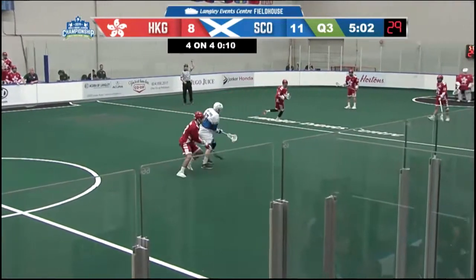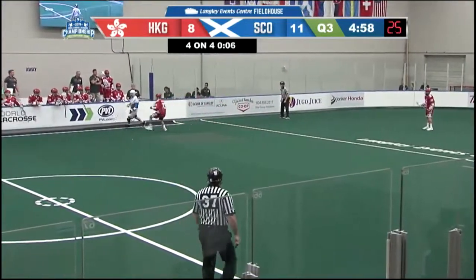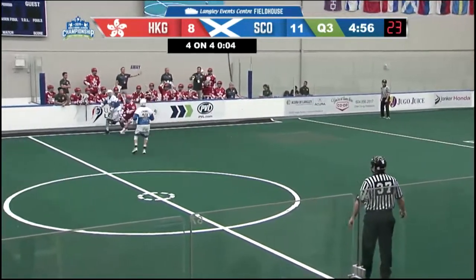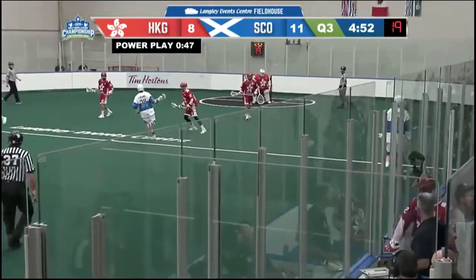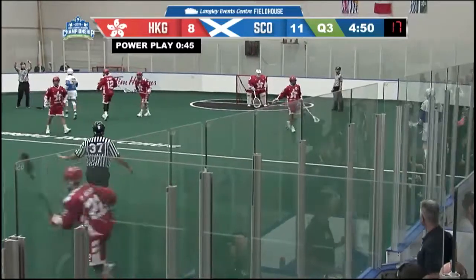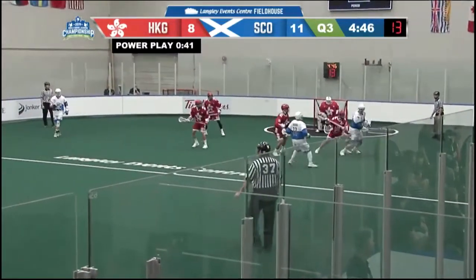Center of the floor just on Hong Kong's side of center. Still loose. Nobody can hang on to it. In front of the Hong Kong bench, Scotland with control briefly. Mottram rolls it across the floor. Now walking in along this right side, Thomas Moffat.